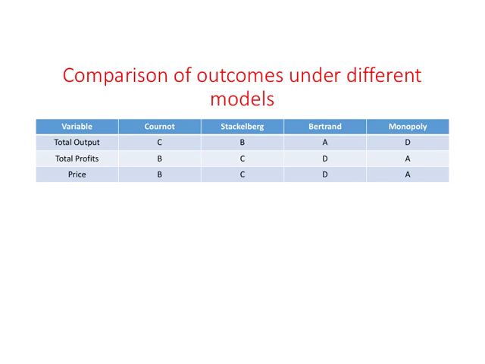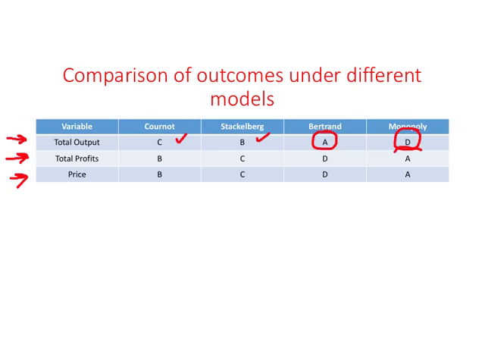So once again, here is the summary table which compares total output amongst all these four models, total profits earned, and the price charged. And what you find is the total output produced will be the lowest under monopoly, represented by D, and the highest output that will be produced will be under Bertrand model, which is A, the highest level. And then you have intermediate stages for Stackelberg and Cournot. What about total profits?